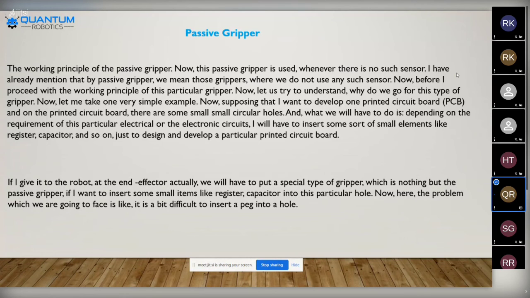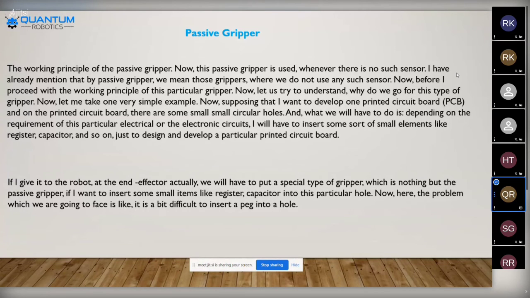Suppose I want to develop a printed circuit board, like a PCB board. On that printed circuit board there are some small circuit holes, and depending on the requirement of a particular electrical or electronic circuit, I will have to insert small elements like a resistor and a capacitor and so on, just to design and develop a particular printed circuit board.